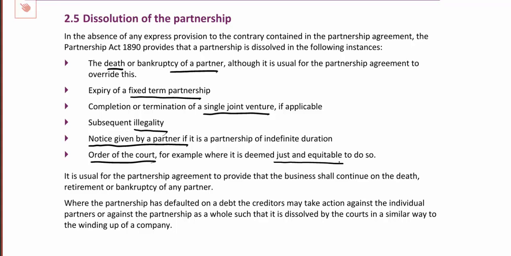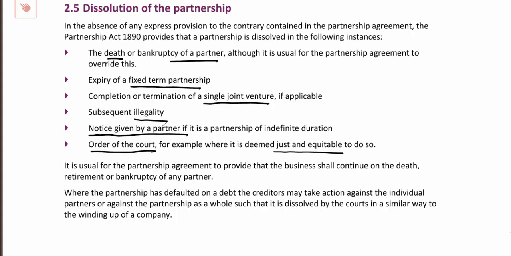Now, usually the partnership agreement will cover the situation where somebody wants to leave. So if somebody did leave or gave notice of resignation, the partnership could continue, but without that person. But if you don't have that, as soon as the partnership is dissolved, that's it. The other partners would have to start all over again with a new business. It's worth just noting that point at the bottom there as well, that if a partnership has defaulted on a debt, then creditors can go to court and apply for the partnership to be wound up.